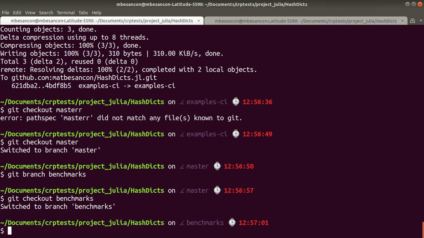So benchmarks are basically checking how fast things are compared to something else. So here we have the comfort of having a base implementation of dictionaries in Julia, and we'll compare our implementation to it for different operations, different sizes, and so on. So for this,